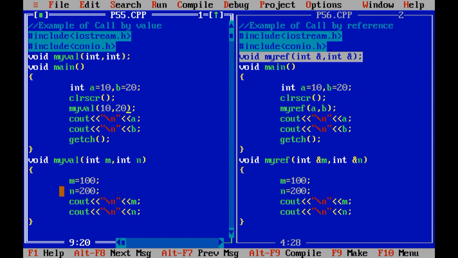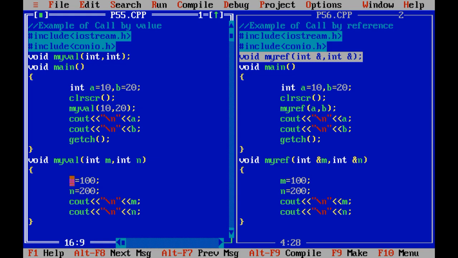Now what happens when I jump into the my value function? At that time I am going to override the value of m by 100 and n by 200. So while I called my value function, at that time the value of m would be 10 and the value of n would be 20.